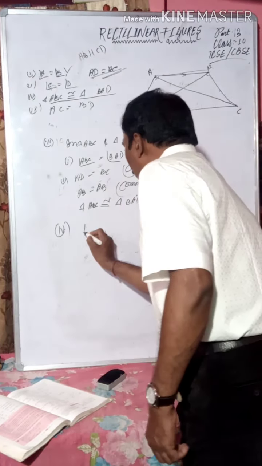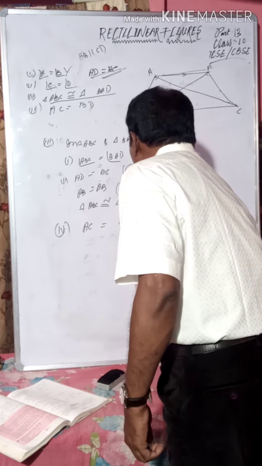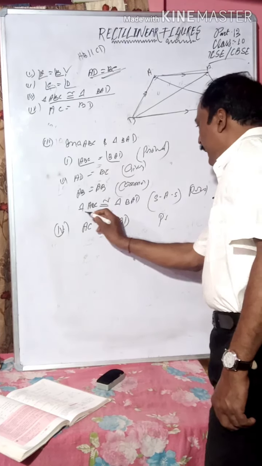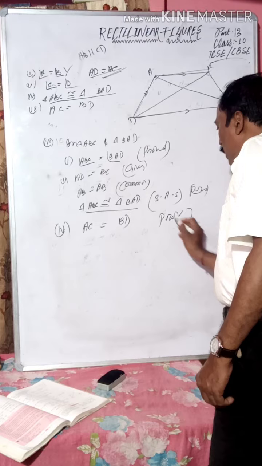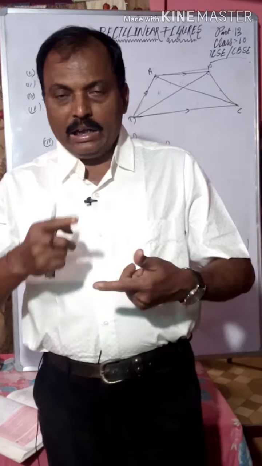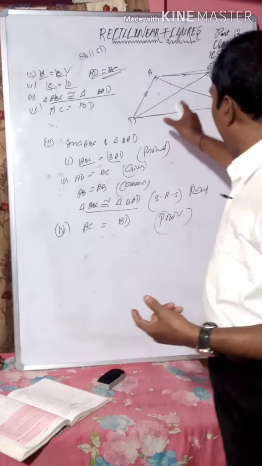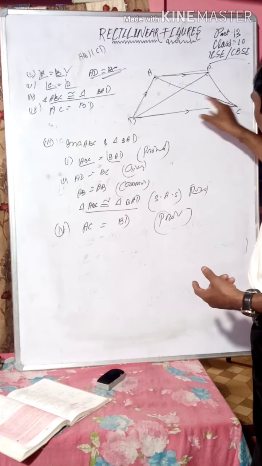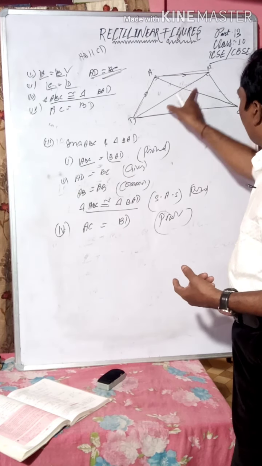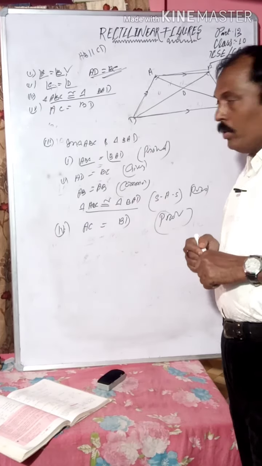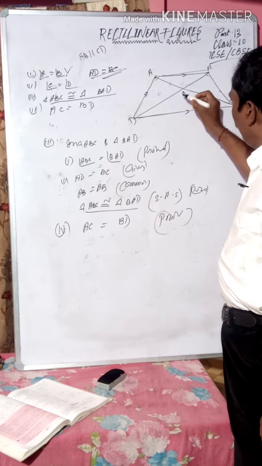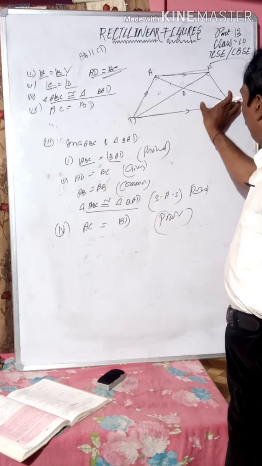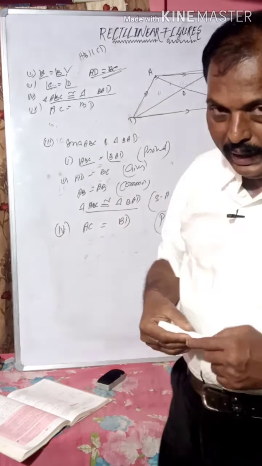AC is equal to BD. We can directly write AC is equal to BD. Here is the proof. As two triangles are congruent, the rest of the components of congruent triangles are also congruent. So rest components: in triangle ABD, that is BD diagonal; in triangle ABC, that is AC diagonal. So AC is equal to BD. So this is O. If it is O, then AO is equal to BO, DO is equal to CO, and this trapezium is an isosceles trapezium.